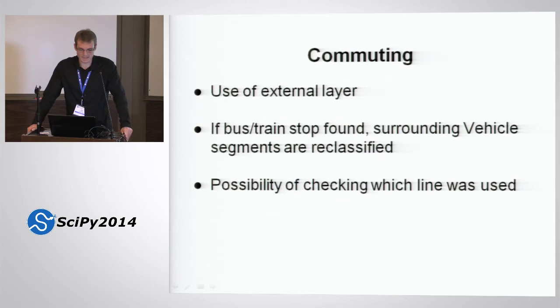And once we find one bus stop, we consider the next vehicle travel to be basically a bus ride to the next station, etc. In case of trains, we can compare it to the railway as well, because we also have that layer. So that's quite interesting. I'm not sure if the US has the same kind of layers available, but in the UK it